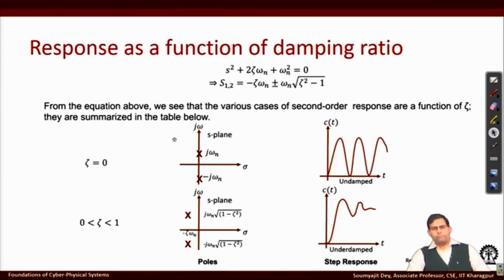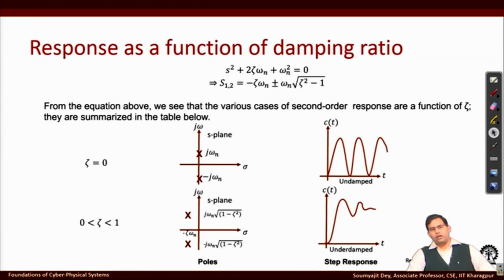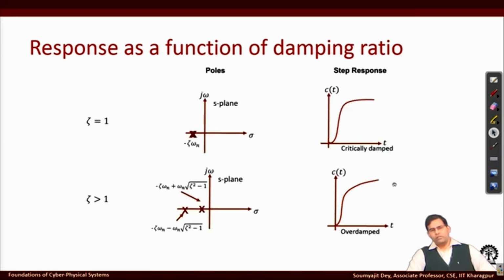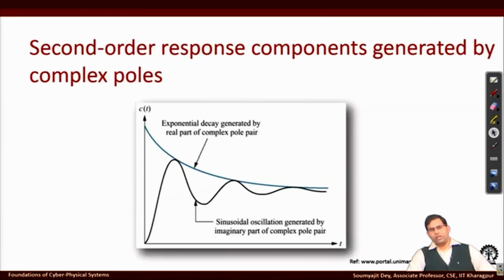let's say this situation. If you have, say, no damping here, you have an oscillatory behavior, right. Or let's say zeta is greater than 1, it's over damped, there is no oscillation because there is no imaginary component, but it is slow to respond, right. So, the point we are trying to make is that from these different possible curves of output that we can see, we have an idea that systems can have oscillatory response, systems can have a nice damped response like this,